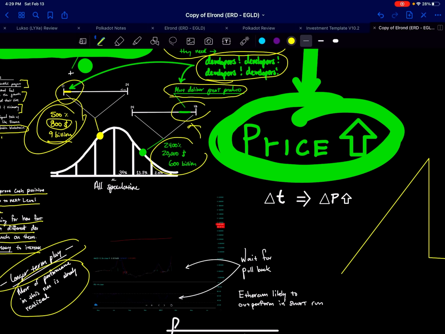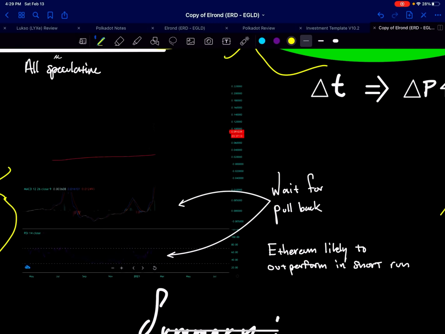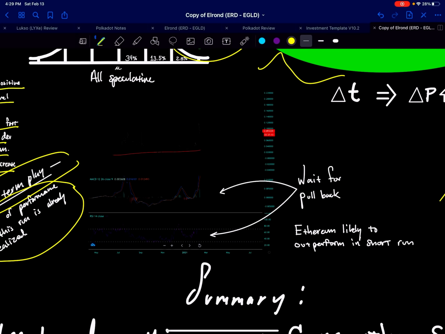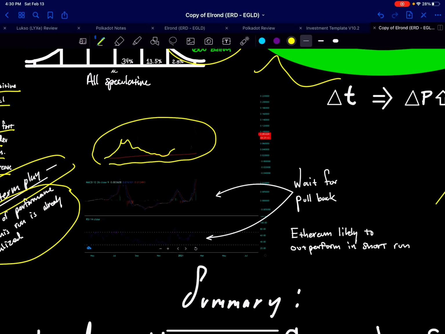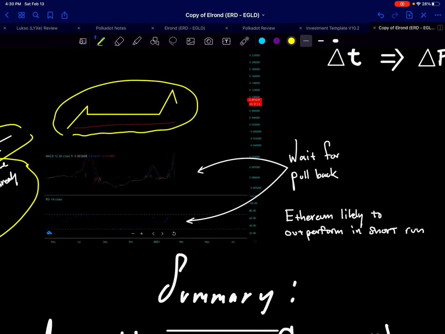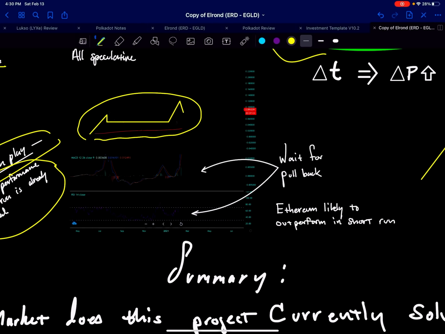If you wanted to buy now and wait, and could wait through the bear market, you could do that, or you could be like me and be patient. But one of the reasons I am holding off is if you look at this chart, you can see that Ethereum's overdue for a pump, and it just had this big pump and it's pulling back pretty hard. And you can see from the MACD, and you can also see from the RSI that they're overbought against Ethereum, and I do think that Ethereum is likely to outperform in the short run.